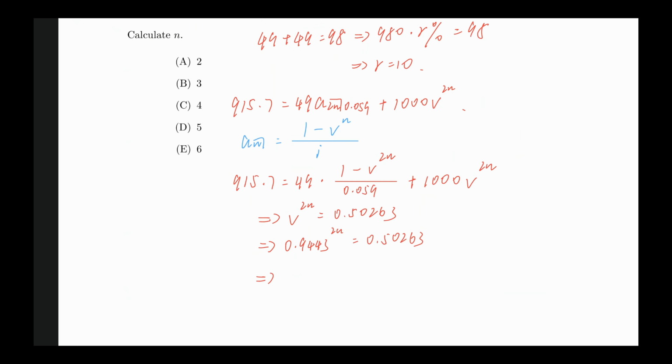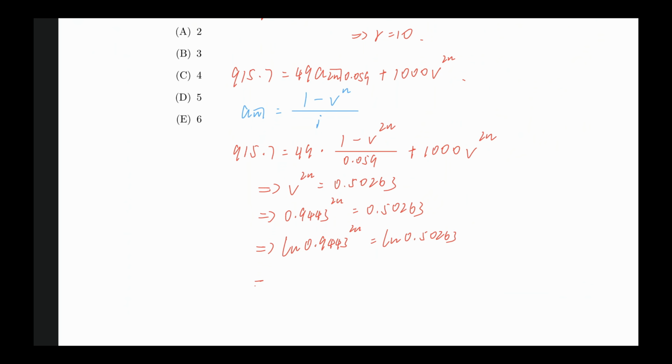In this case, I can do ln so that I can take my exponents down. So it's a pretty decent technique. So 2n equals the log of 0.50263 over the log of 0.9443, which by the calculator equals